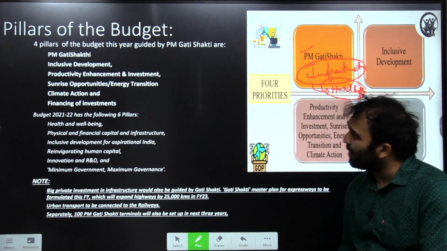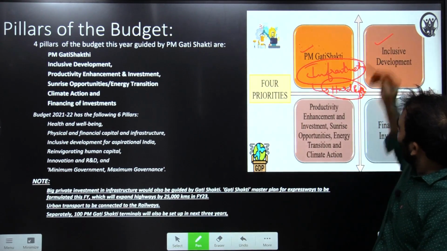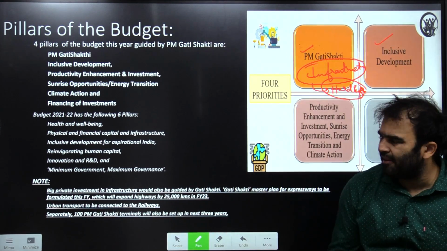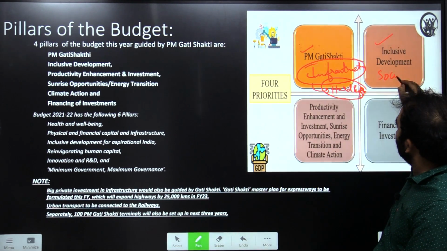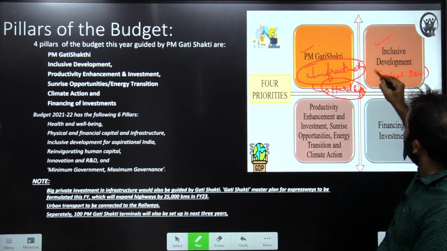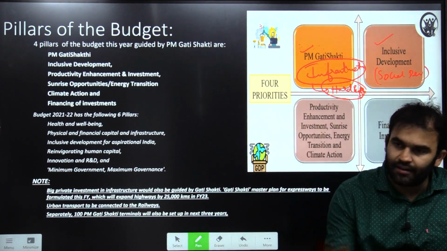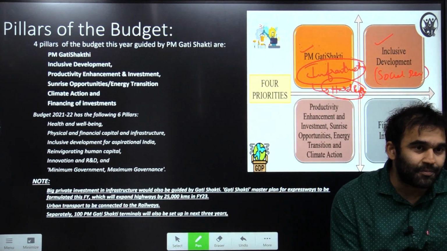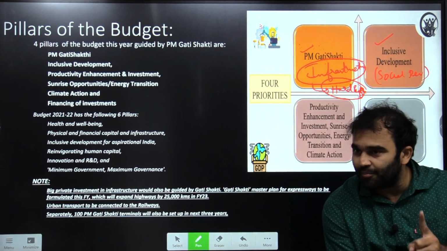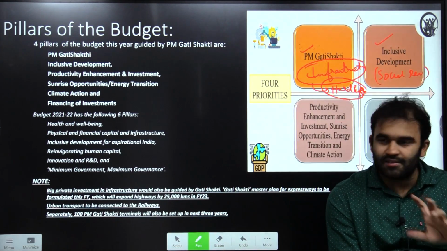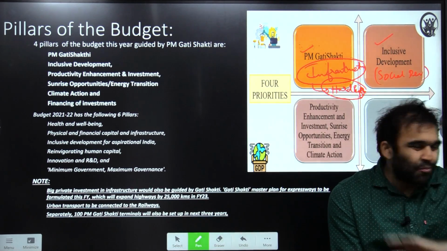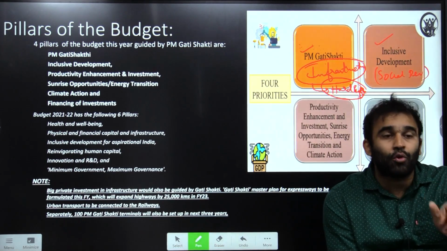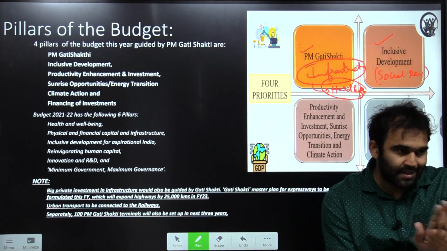Then, the second one is inclusive development. What is this inclusive development? The concept of inclusive development is an economic process. Basically, we are talking about social development under inclusive development. The idea is that, see, inclusive development was a buzzword before 2010 actually. Because of the financial crisis, and immediately after the financial crisis, the change in the economic environment of our country somewhat pushed this word, inclusive growth or inclusive development. Both of them are almost the same.